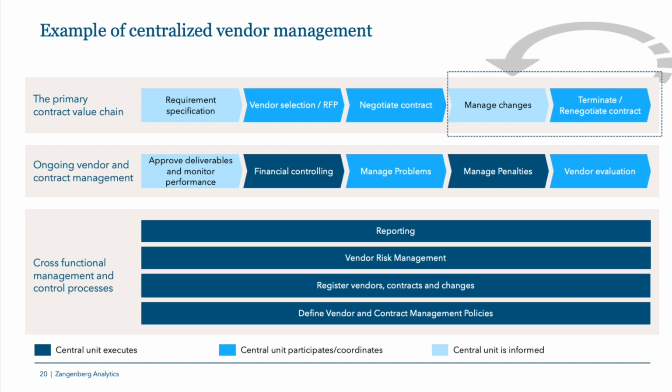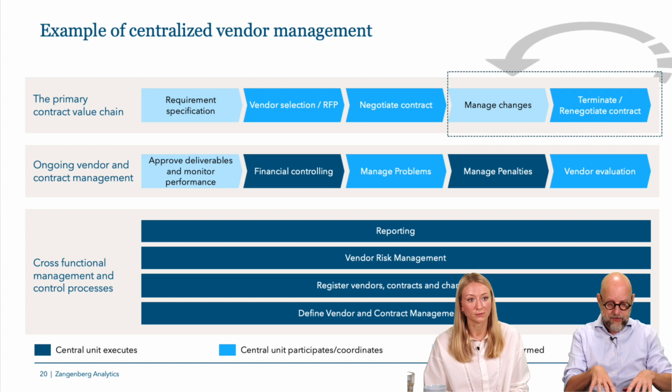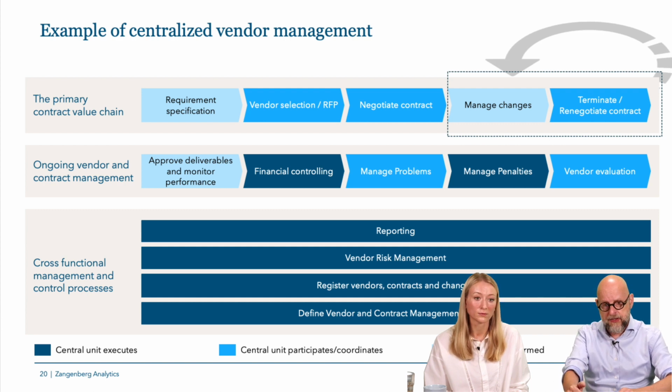Yeah, you could say this is an example of an organization that actually said, okay, of the operational processes, we actually only want 2 of them to be handled by the central organization. The financial controlling and the penalties. We'll do that centrally. You don't have to worry about that in the decentralized divisions or departments of the organization. Whereas the rest, all the light blue and the middle light blue processes would be carried out to a large extent by the decentralized units, but the centralized vendor management function will